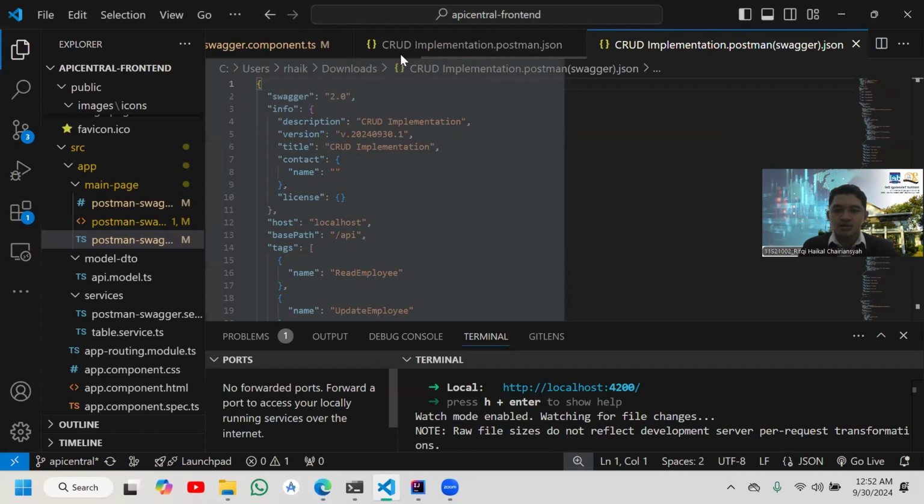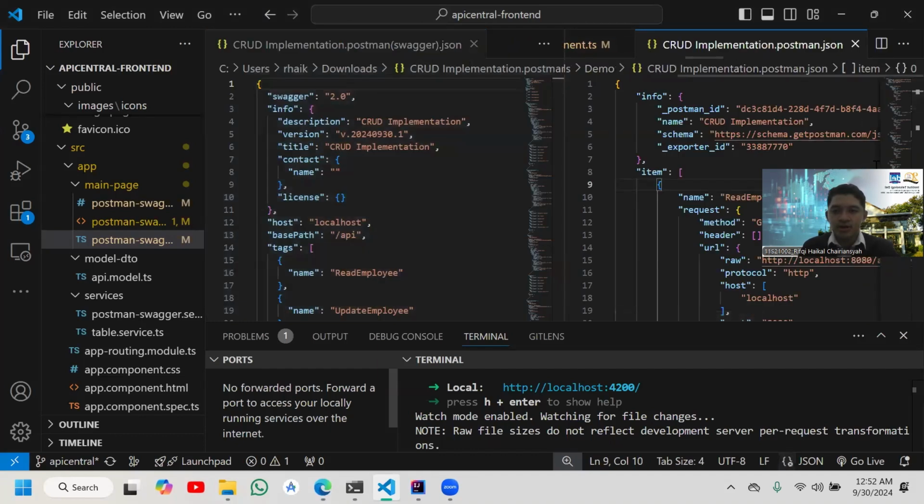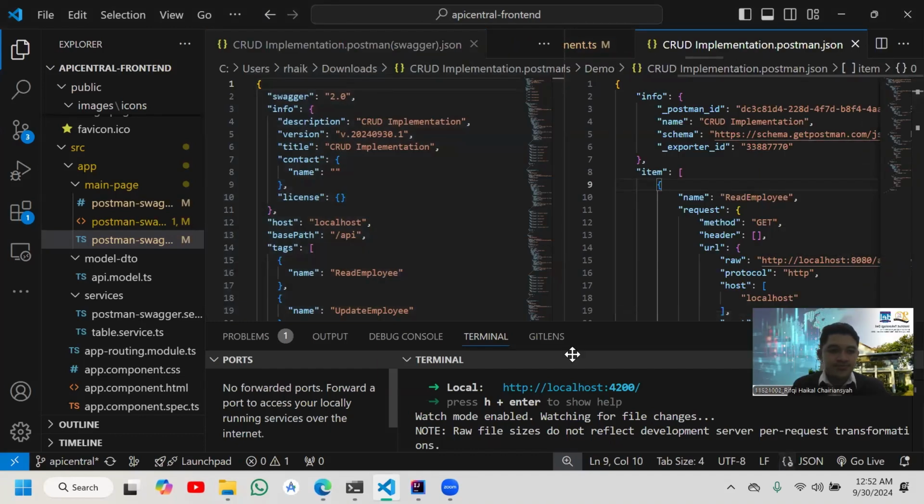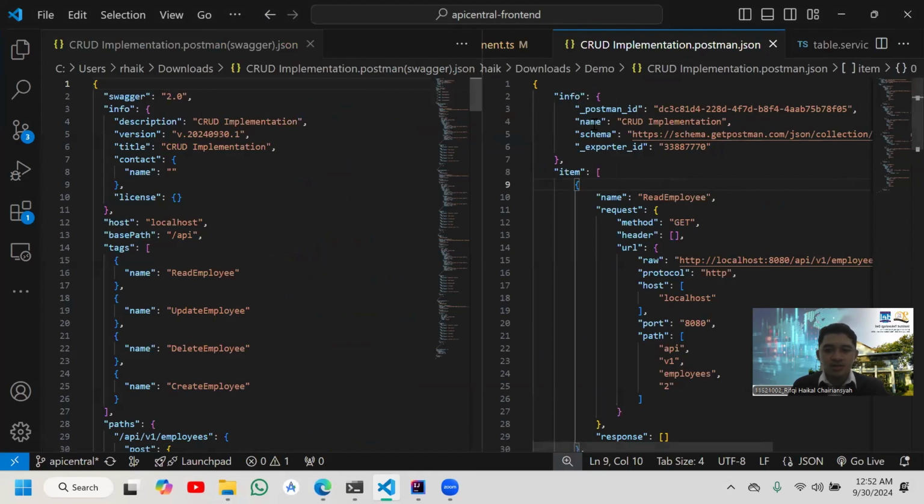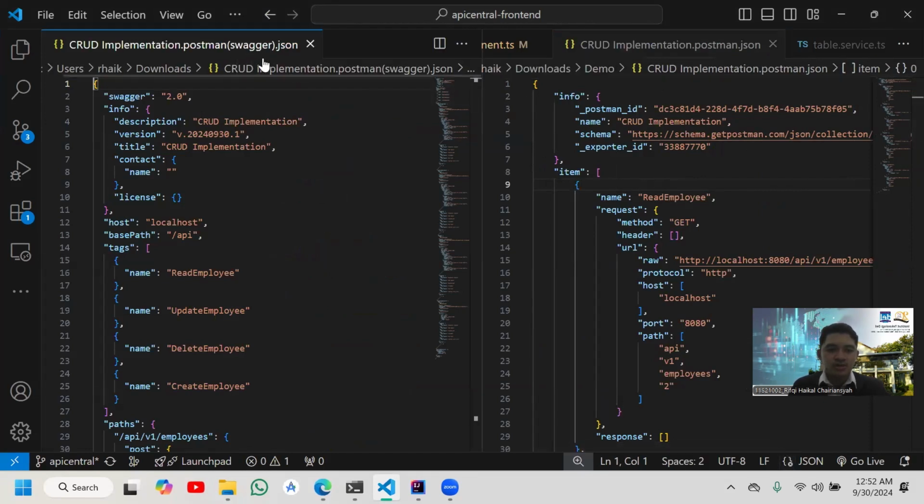Then we want to compare the structure here. Look here. This is the Swagger result of the conversion, with the same name and with Swagger added to it.